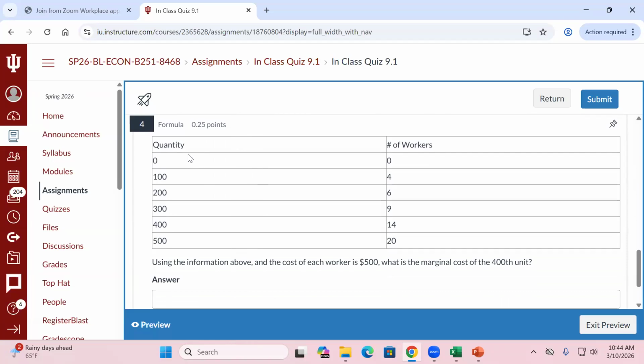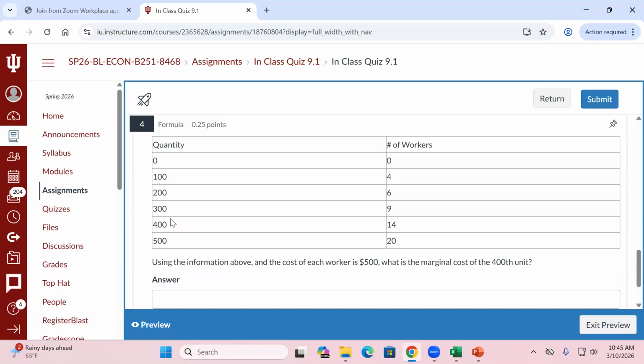Okay. So if I'm now thinking about the marginal cost of the 400th unit, this one we didn't quite get to, but we can think through it based off what we talked about. If I want to get to that 400th unit, I'm going from a quantity of 300 to 400. How do I calculate a marginal cost? It's the change in my total cost divided by the change in the number of units I'm producing, or the quantity. So here, what's the change in my quantity, or the denominator? I've got to go from 300 to 400, so 100.